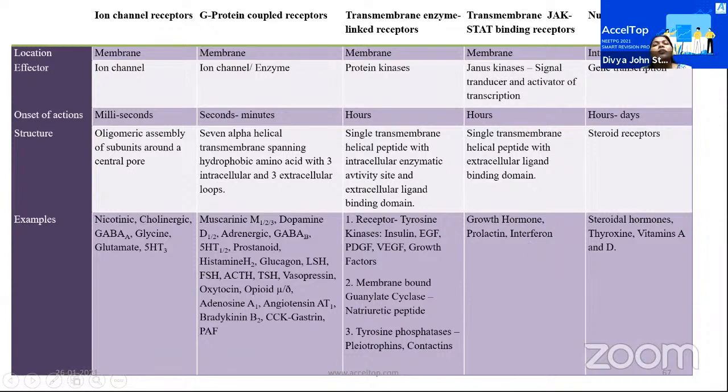Okay, and nuclear receptors are intracellularly placed. All the others are membrane bound. Over here, nuclear receptors are intracellularly placed. They are involved with gene transcription, which takes hours to days to produce a response because it has to go through transcription, translation, and protein expression, right? And they are classically steroid receptors, and the steroidal hormones, thyroxine, vitamin A and D act via nuclear receptors. So this is one important flashcard that you will have to remember because there are a lot of questions